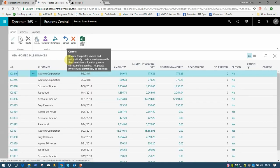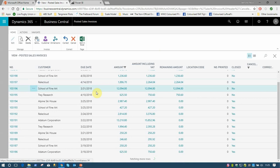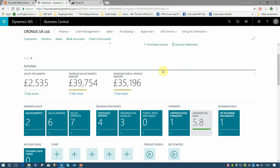Again, as with the top customers, I can drill down into that information, and this is giving me a list of all of my posted sales invoices for the current month. So some quite useful information that the system gives you up there. We have some common actions on the right hand side of the top tab. We have some activities and some summaries which show us our sales this month, our overdue sales invoices amounts, overdue